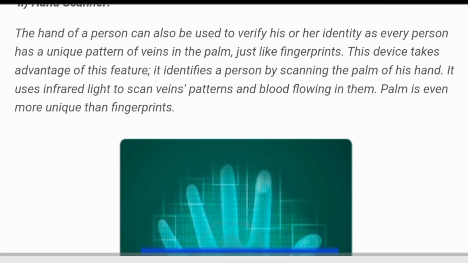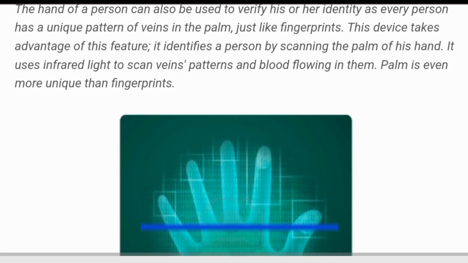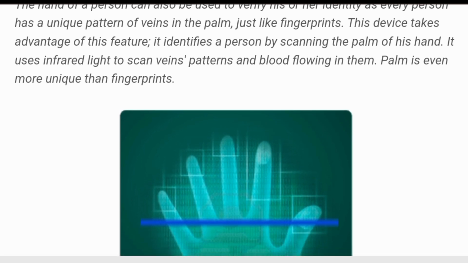It identifies a person by scanning the palm of his or her hand. It uses infrared light to scan veins, patterns, and blood flowing in the palm, which is even more unique than fingerprints.